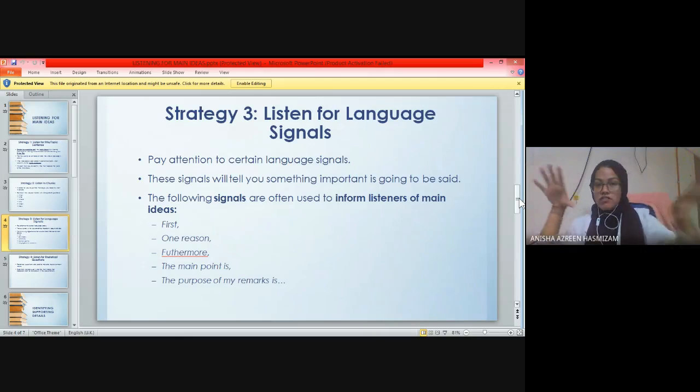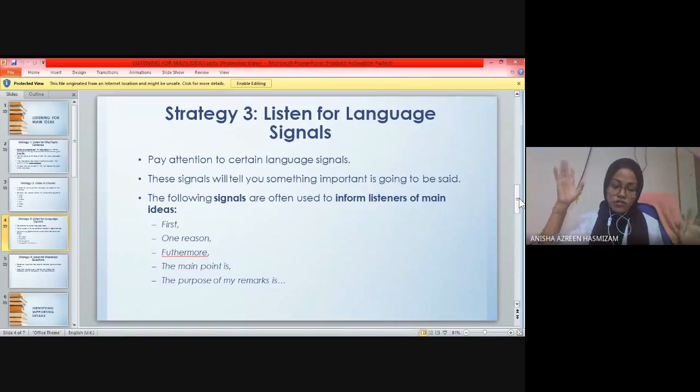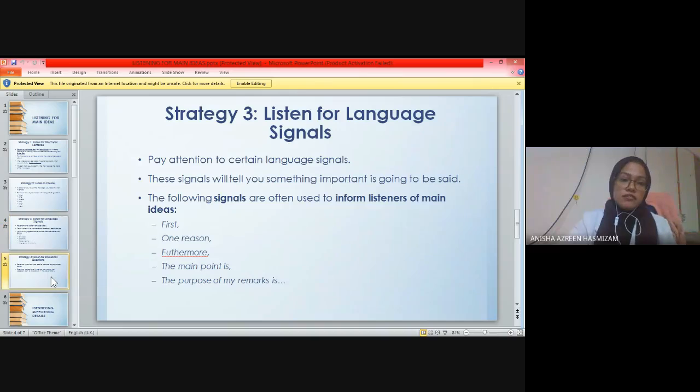Okay, because I used a transition word for the word reusing, and for recycling earlier I also used the word first. So we already know, okay, the first main idea is recycling. The second main idea is reusing. Okay, I hope you understand. If you still don't understand, you can just text me and ask me.